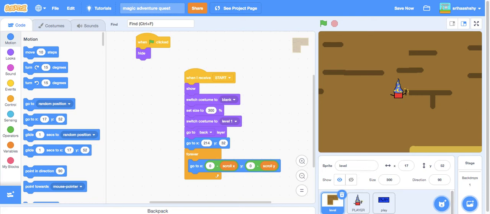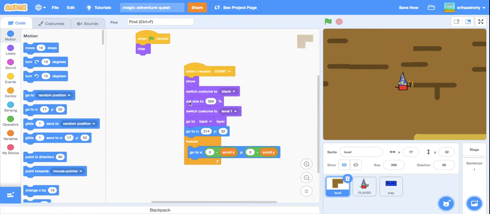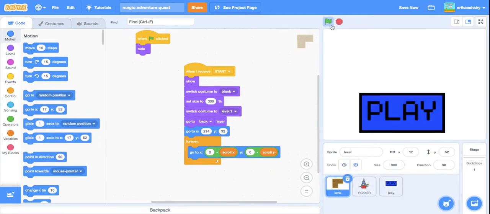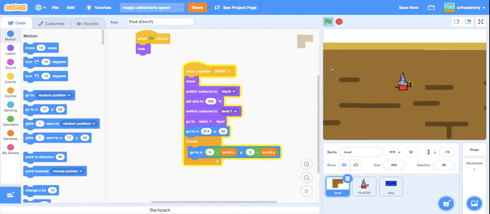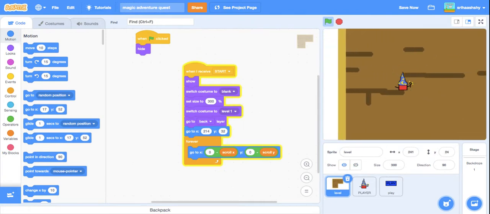Hello everybody, this is part 3 on how to make a magic game in Scratch. Anyways, let's get started. So first of all, we have completed our scroll X and scroll Y, maps, and collisions,